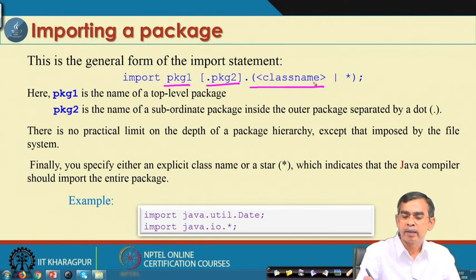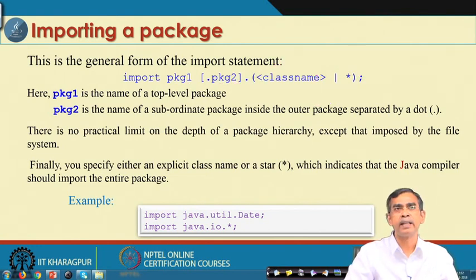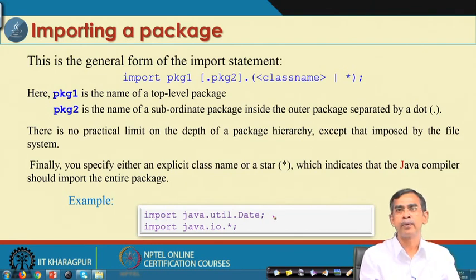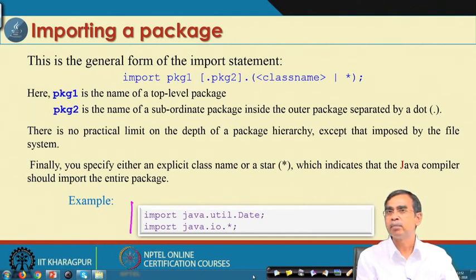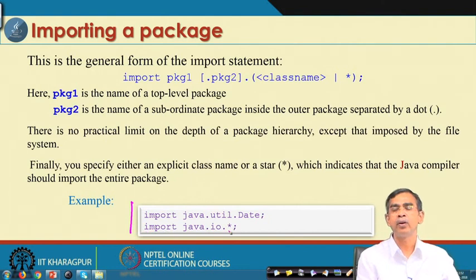So, either specify a particular class name explicitly, or use dot star to import all classes belonging to that package. As an example, import java.util.Date means that I want to use the Date class in my class, and import java.io.* imports all classes belonging to the io package in the JDK.